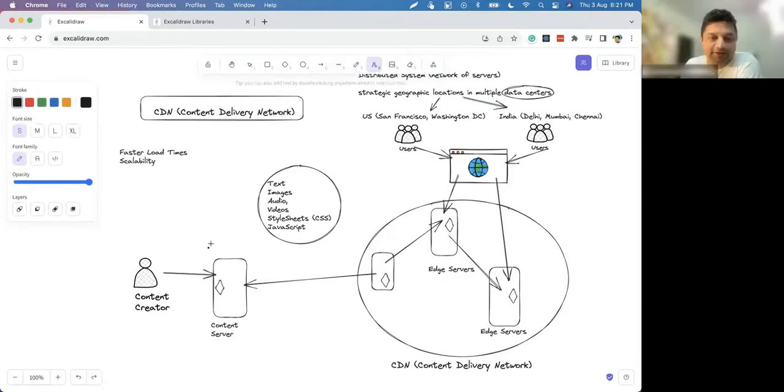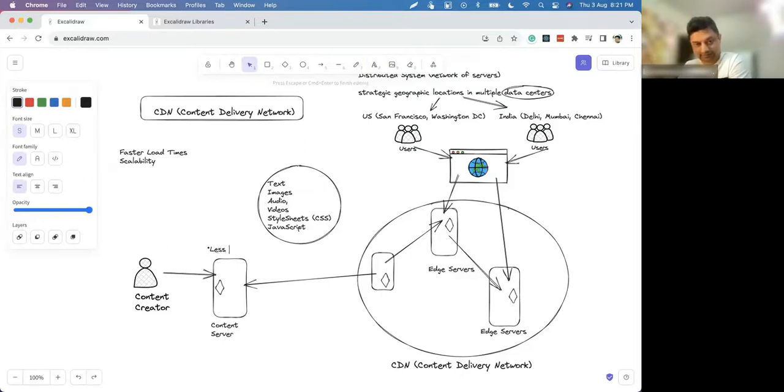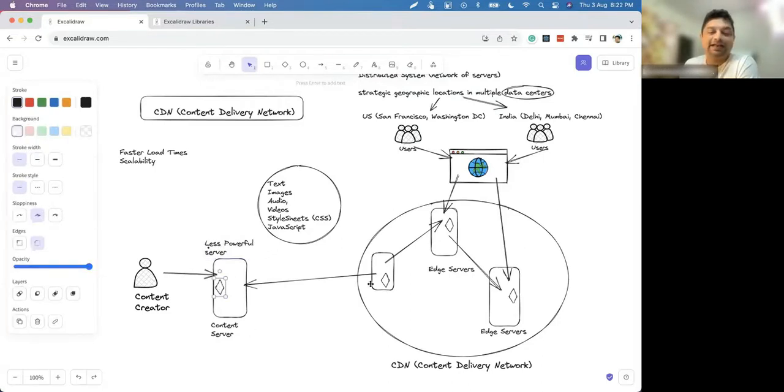He need not have a very powerful server. So here the content server is a less powerful server, but the content is not getting served from this. Content is getting served from the copies in the CDN, and these are powerful servers because they are maintained by companies.